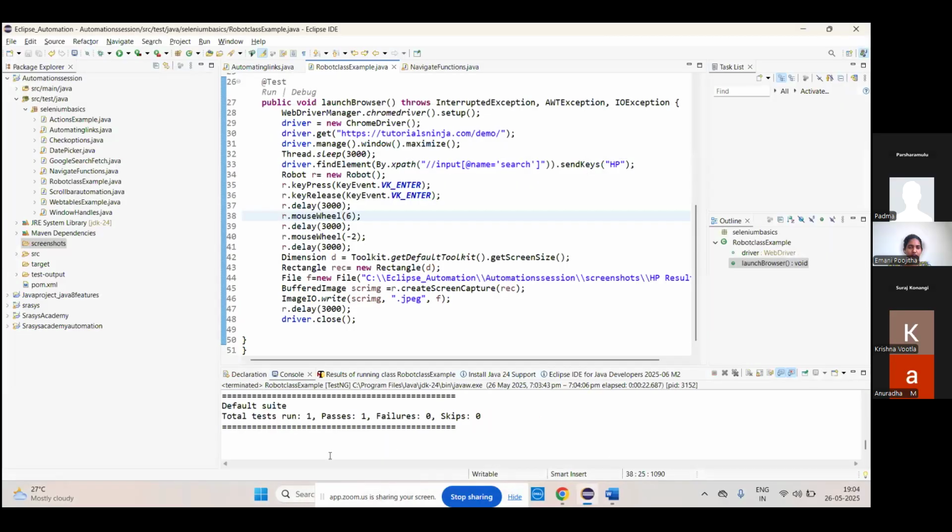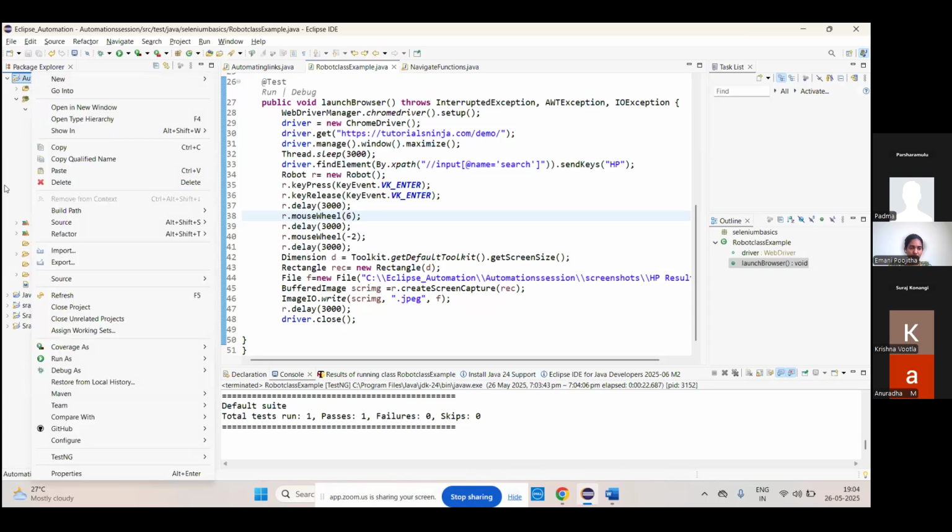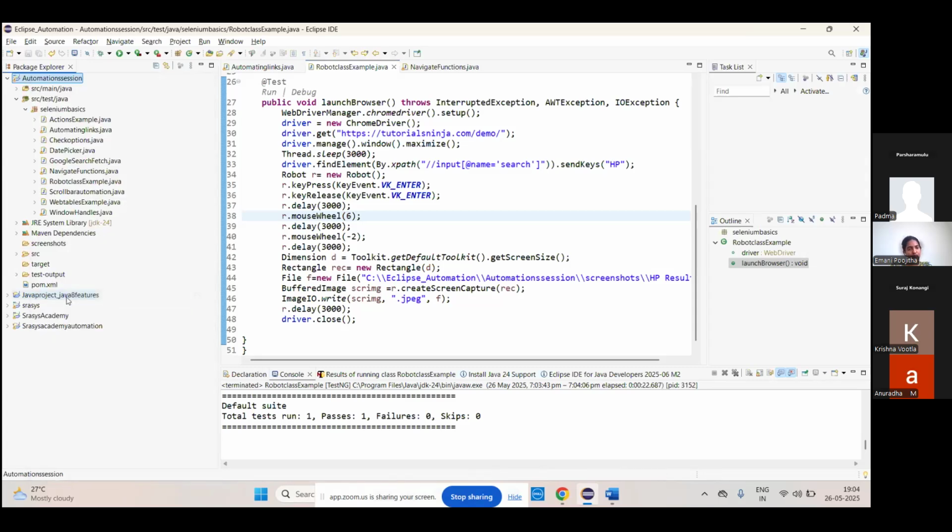Yeah, our scenario got passed. We'll see the screenshot capture. For that, you need to refresh your project. How to refresh? Like this. And if you come,